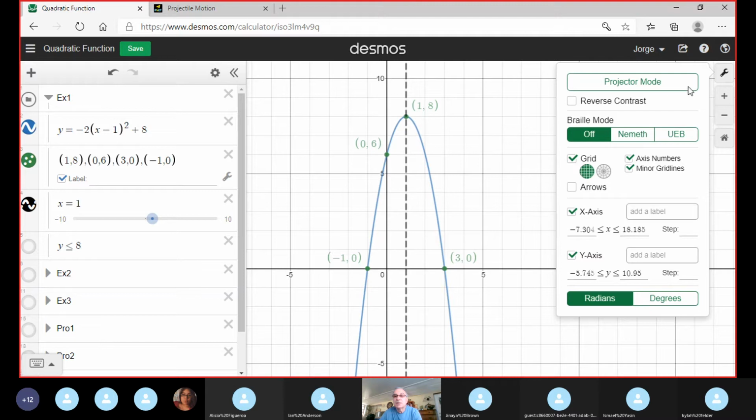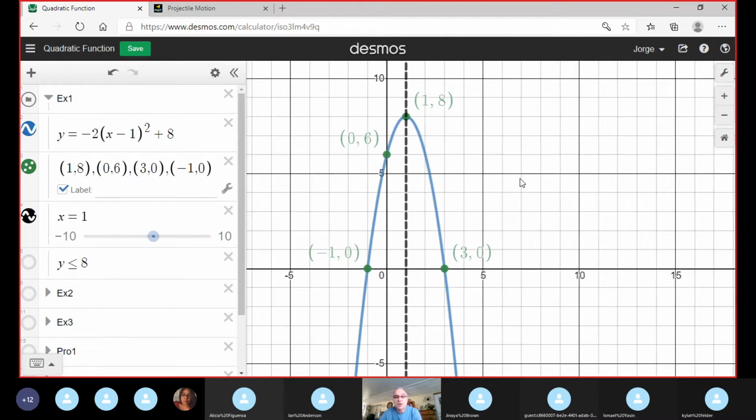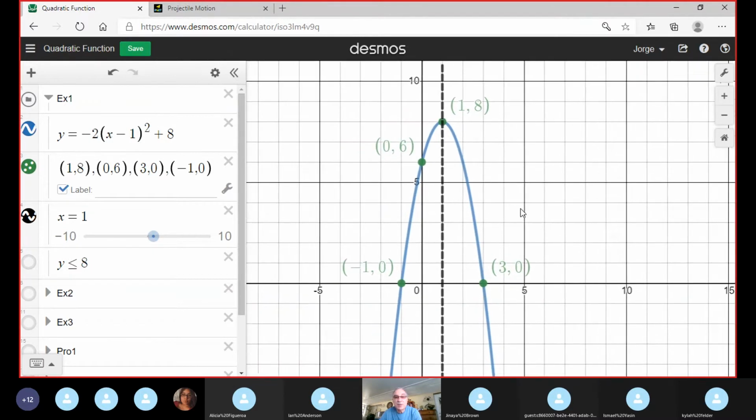So far, we discovered also, okay, nice, we have one vertex, which is (1, 8). We have one y-intercept, which is the point (0, 6). And we have two x-intercepts, which are (-1, 0) and (3, 0). If you want to find an additional point, we can, because